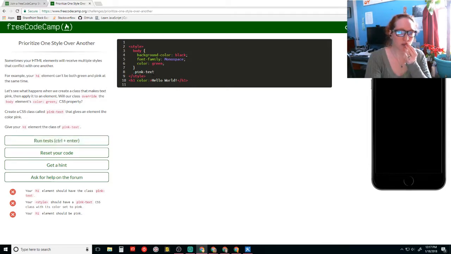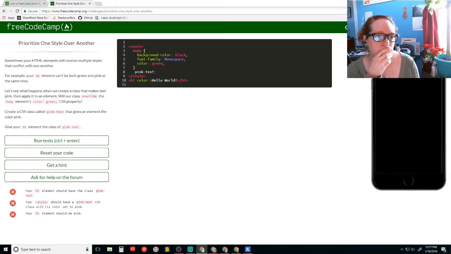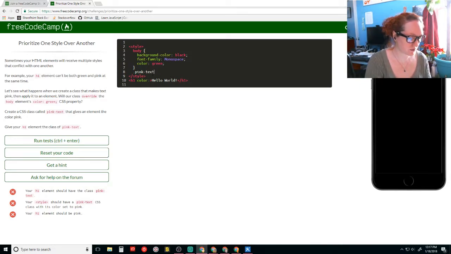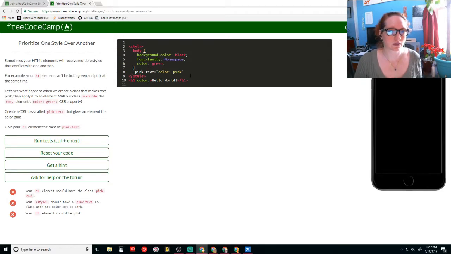Pink text: no, pink text equals color pink. Is that right? Does that work?